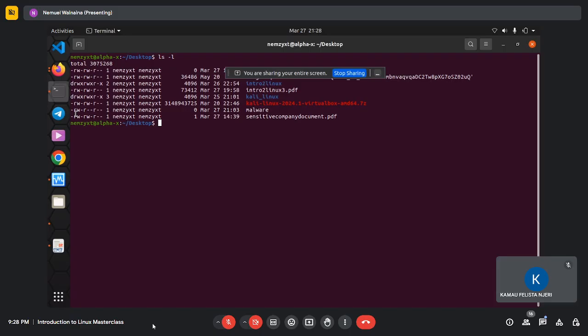And then there is another one where you will see an L. So if it is an L, then that file is what we call a link. And a link is basically the Linux equivalent of Windows shortcut files. So on Windows, we have the option of creating shortcuts, but on Linux, we call those symbolic links. And if we had a shortcut on our desktop, then that file could have been listed here with an L